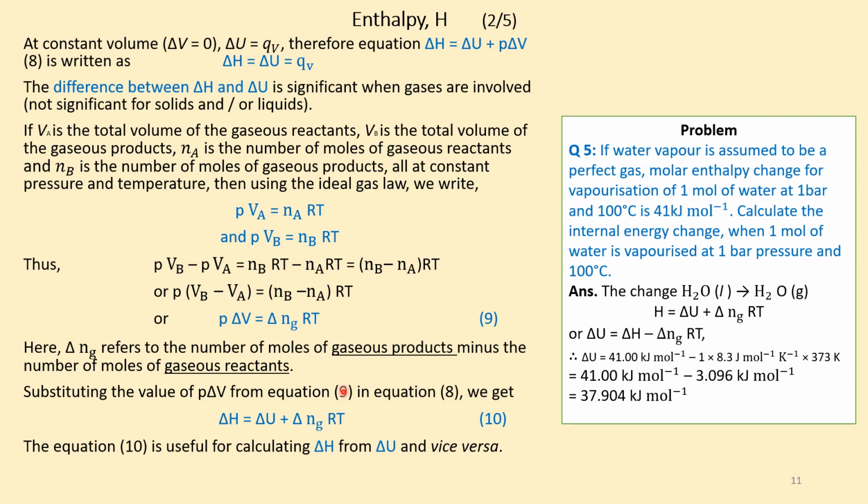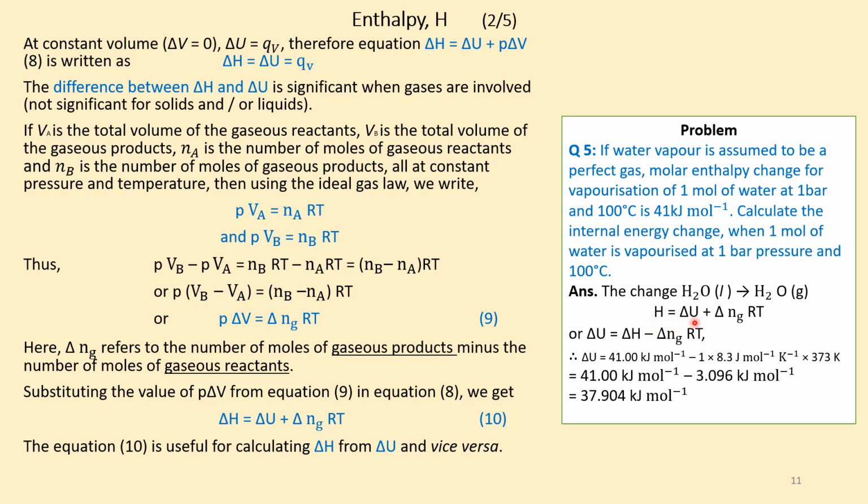So let us solve a problem. Question number 5. If water vapor is assumed to be a perfect gas, the molar enthalpy change for vaporization of 1 mole of water at 1 bar and 100 degrees Celsius is 41 kilojoules per mole. Calculate the internal energy change when 1 mole of water is vaporized at 1 bar pressure and 100 degrees centigrade. Answer. Now here the change is water in liquid state to water in gaseous state. So therefore